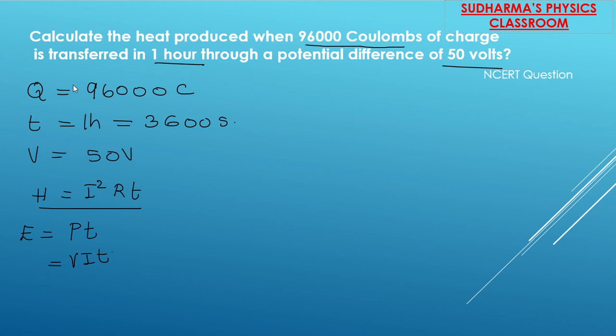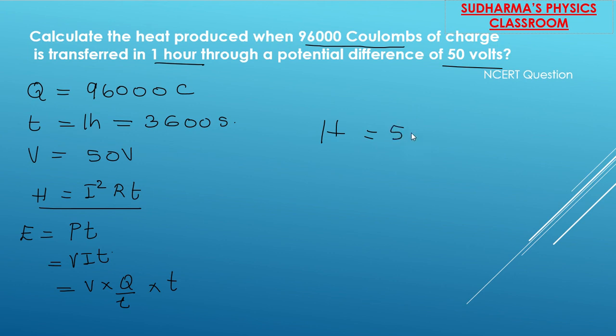If you want to do it directly with I squared R t, you can go ahead with the calculated amount of current, and then you can use the formula I squared R t. I'm just showing you the simple step. Current is not given, but we have Q by t. V is given, so V into Q by t into t, right? So let me write H is equal to Q